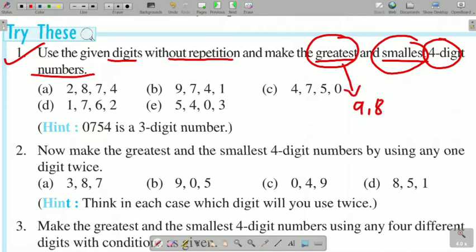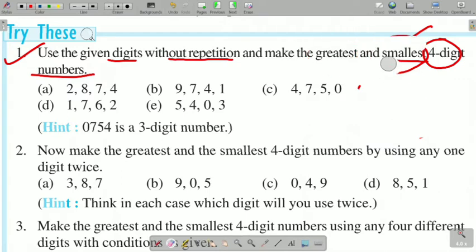9, 8, 7, 6, 5. It means the digits from 0 to 9 you have to write in descending order. And when you are going to make the smallest number, you have to write 1, 2, 3, 4, 5, 6. It means the numbers from 0 to 9 you have to write in ascending order. Okay. So this is the easy way to find the greatest and smallest 4-digit number. So let's understand it